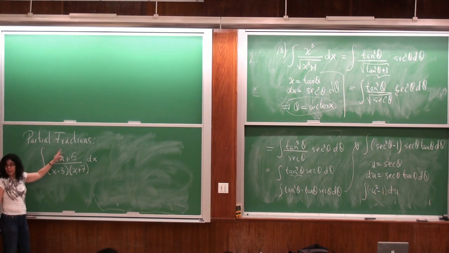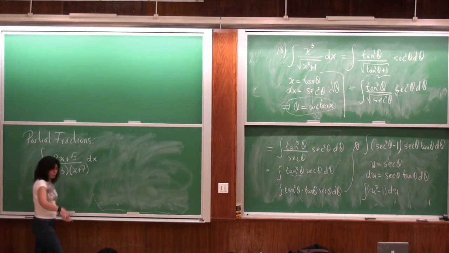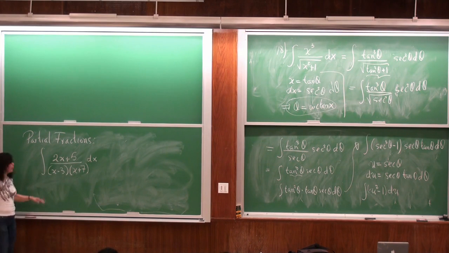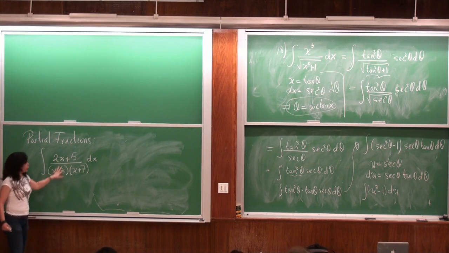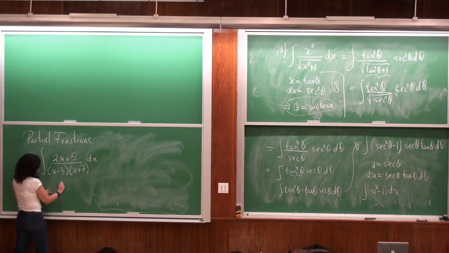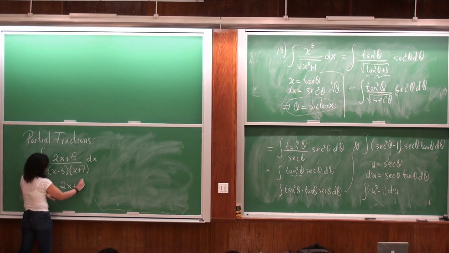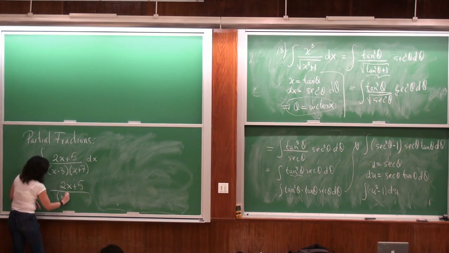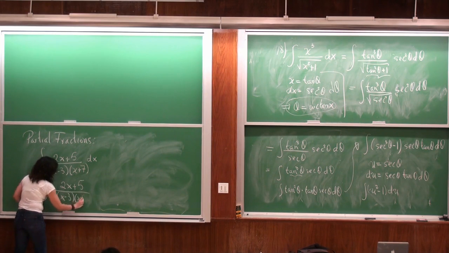If you have the same degree, then you will have to divide, and then you will have to do long division, then degree 4, right? But so far this is the easiest thing. So what do we do? We're going to undo this, kind of. Let's forget a little bit about this integral and let's go to this side. So this is 2x plus 5 over x minus 3 times x plus 7.